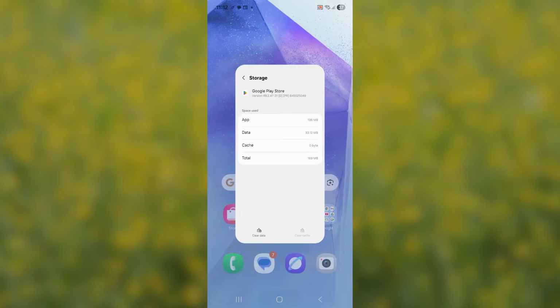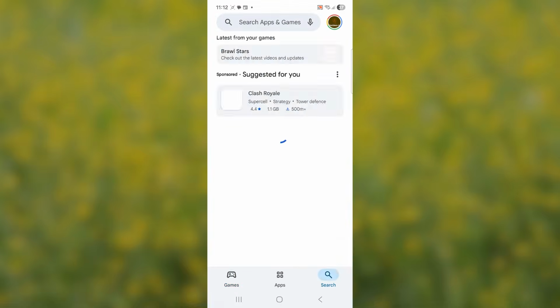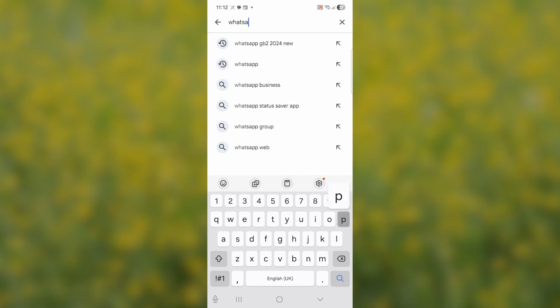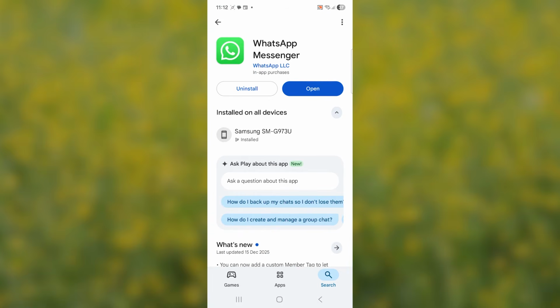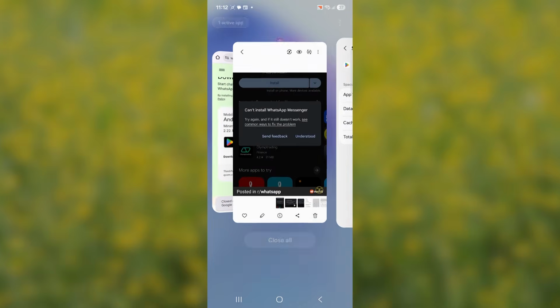After clearing the app cache, tap on the Play Store, search for WhatsApp, and then tap on the WhatsApp Messenger and try to download or install the WhatsApp Messenger and check if the problem has been resolved. Now, if you've done so but you're still facing the same issue which says "can't install WhatsApp Messenger,"